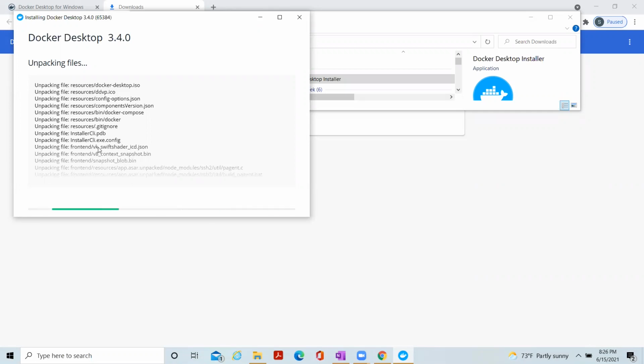Once the installation is done, you can open your command line or PowerShell and start working on Docker. It will take some time to extract the files. Let's wait.